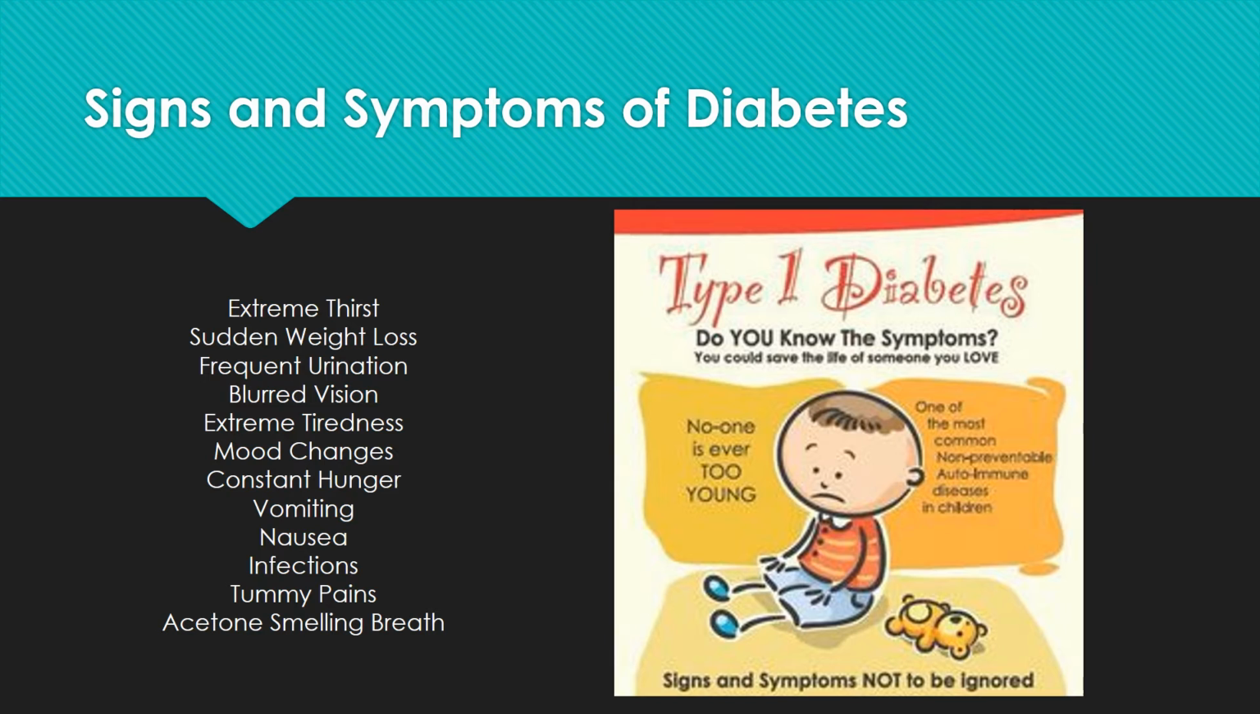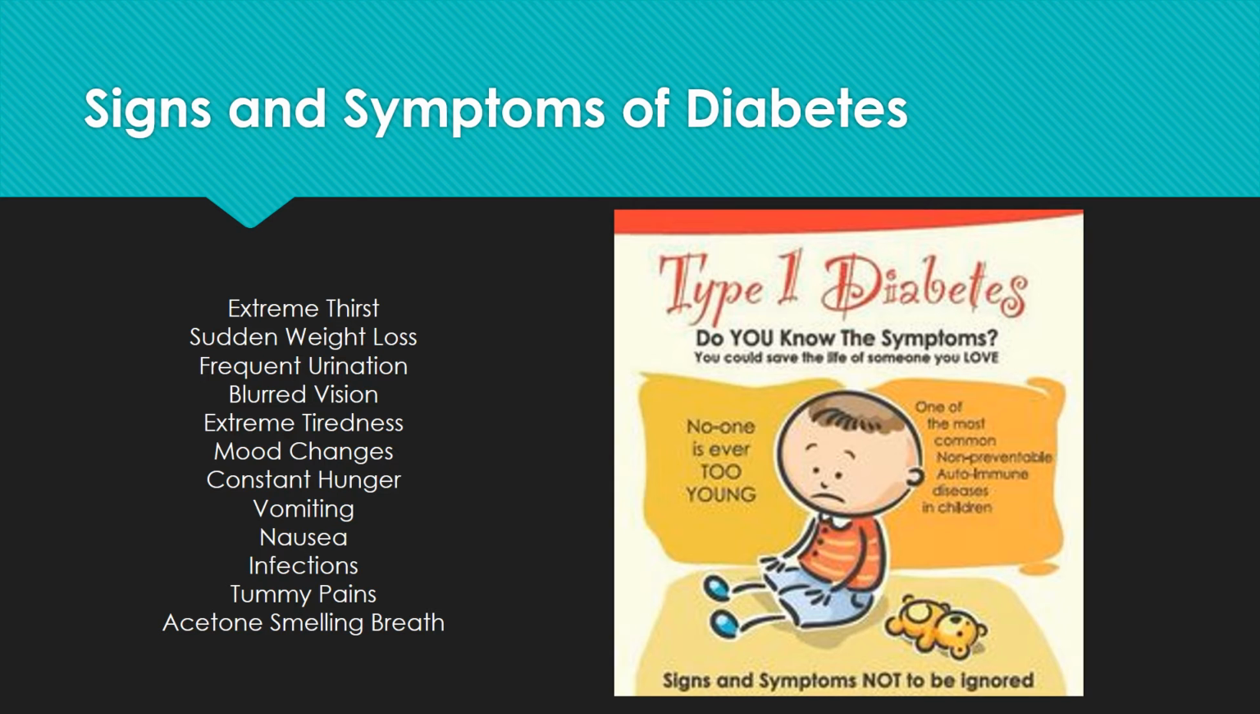Let's move on to signs and symptoms. These signs and symptoms are for both type 1 and type 2 diabetes. Extreme thirst. This doesn't just mean they're drinking more than usual. It means they're drinking constantly, all day, every day, a lot of water all day long. Sudden weight loss is very common because the body cannot use glucose as energy, so it tries to use fat as energy, and that causes a